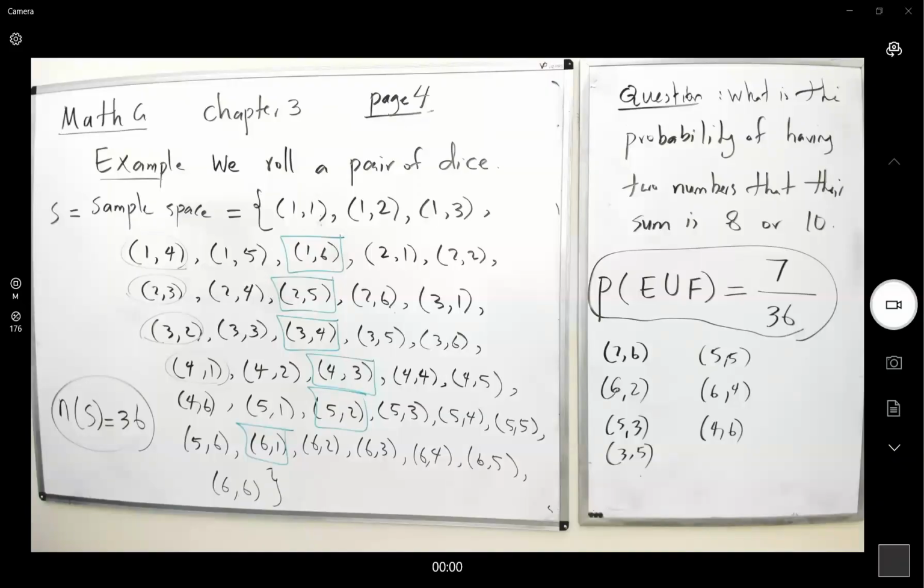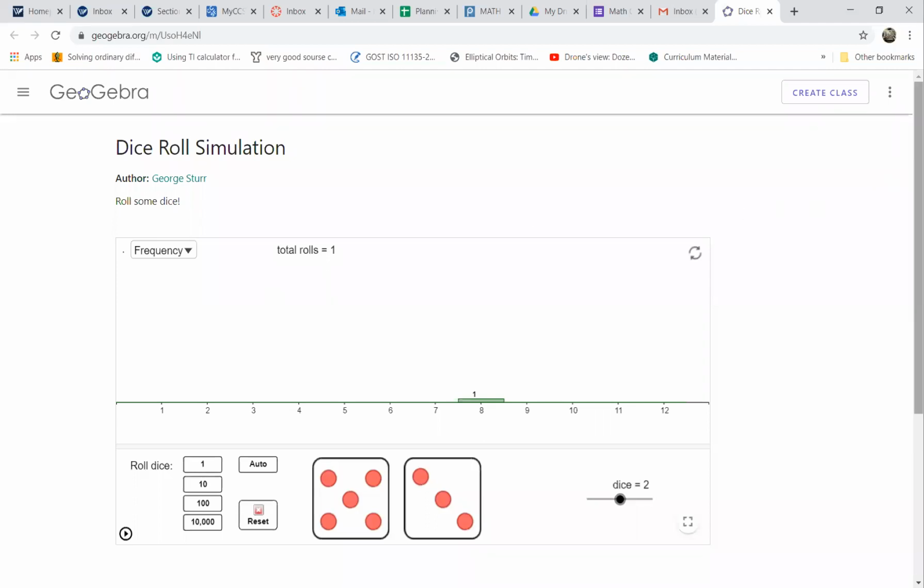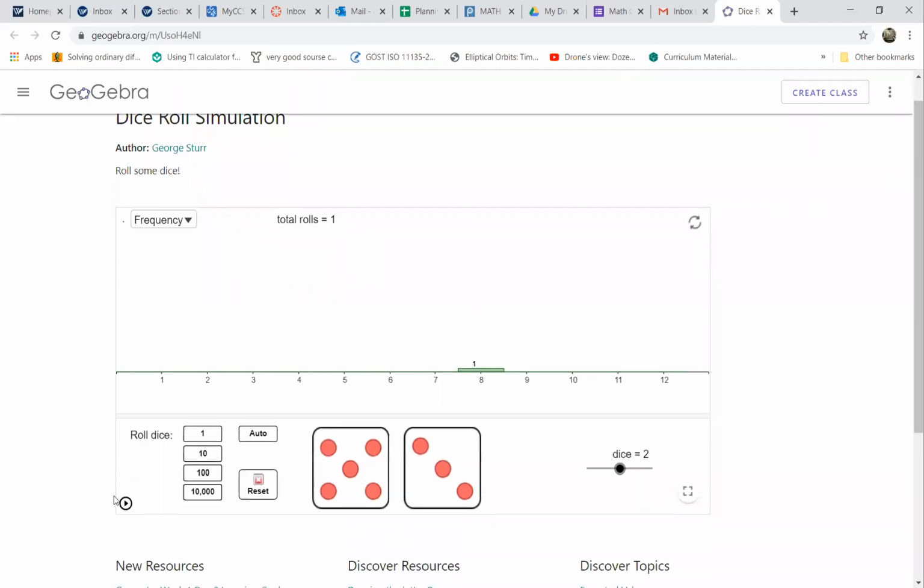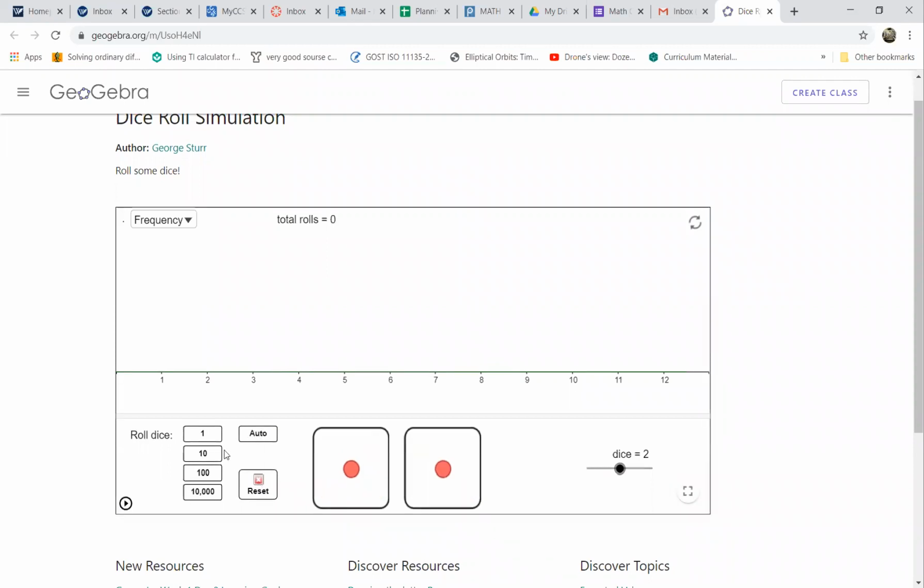Well, there are many online simulators that you can use to actually roll 2 dice. So let us reset this. We're going to just roll these 2 dice once. We can repeat this one more time. We can continue repeating, rolling these 2 dice. And actually, you are seeing these bars